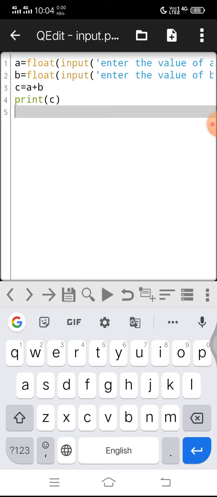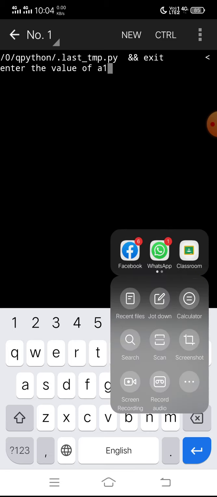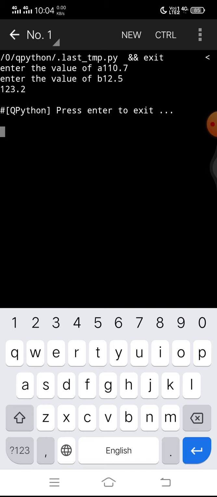Now if I am running the program and taking the value of a as floating point, let it be 10.7, again value of b is 12.5, then output is 23.2. So this time the values of a and b are taken as float.